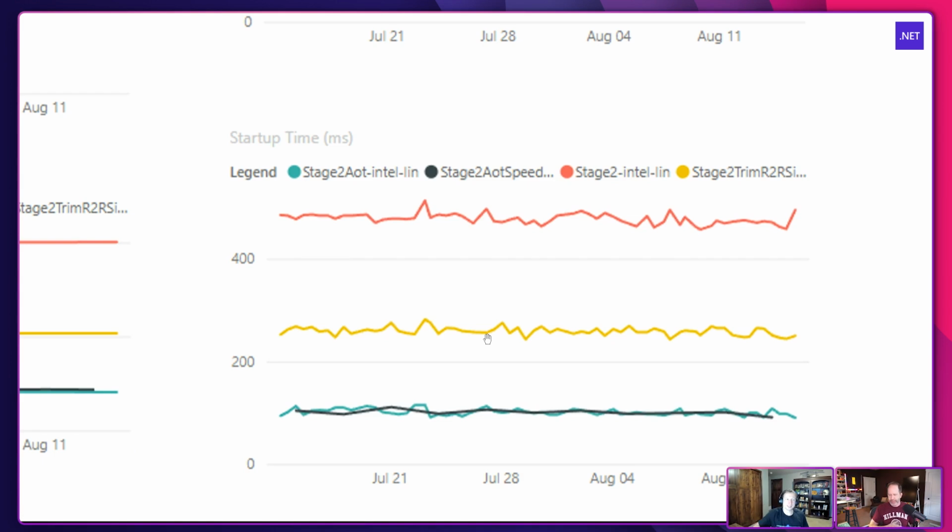But if you're doing dynamic scaling of your app, where a bunch of load just came in and I need to spin up 10 more pods or whatever in my cluster, sometimes startup time does actually matter. Or in an Azure function or in AWS Lambda that's scaled to 0, a request comes in and you need to process that request. You do want your startup time to be fast.